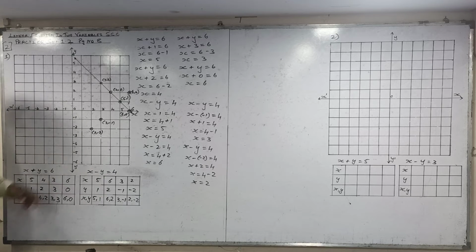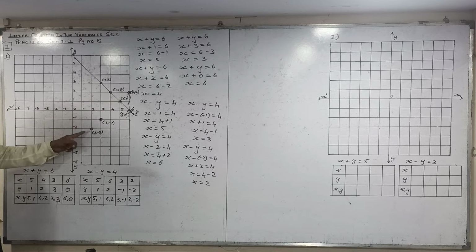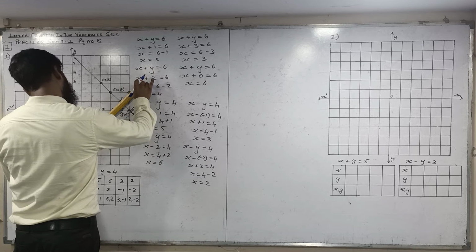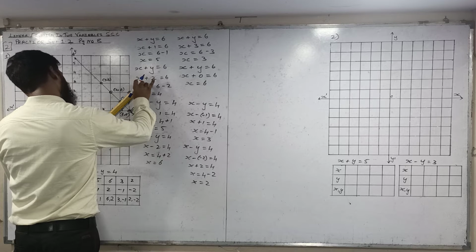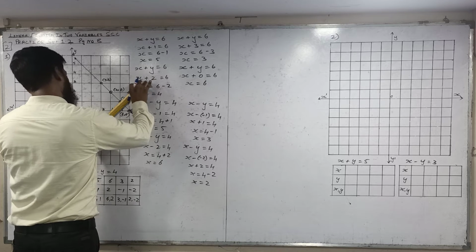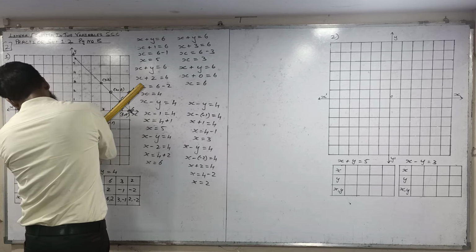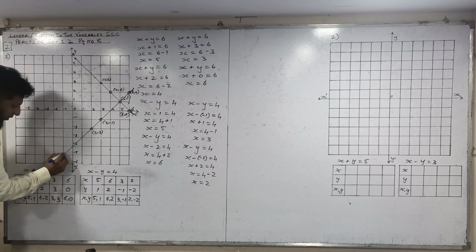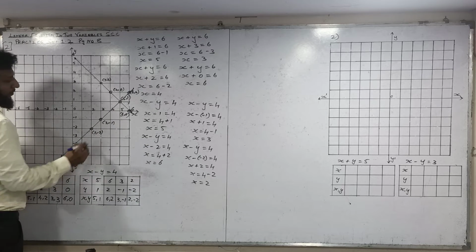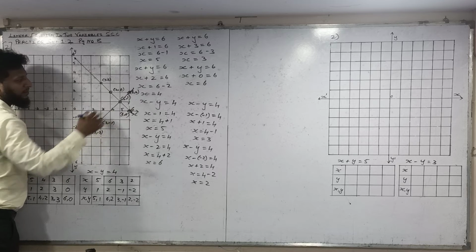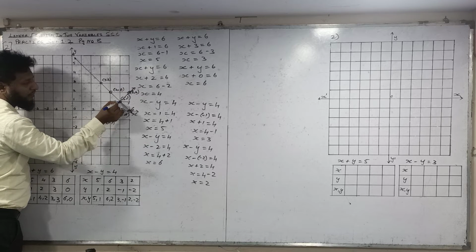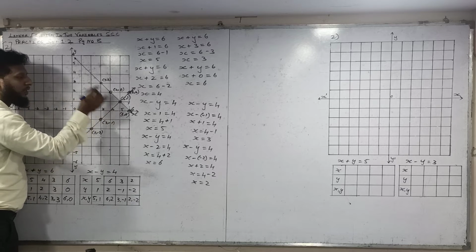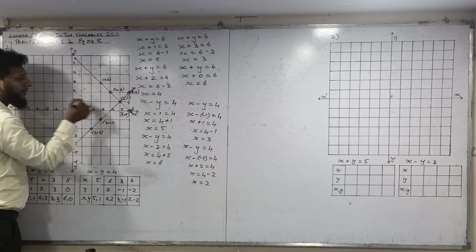So now I have got these 4 points, 1, 2, 3 and 4. Now I am arranging all the 4 points and drawing the line. Now, so this line and this line intersect at which point? This point. This is what? X value 5 and this is y value 1. So the point of intersection of the lines is 5 and 1.